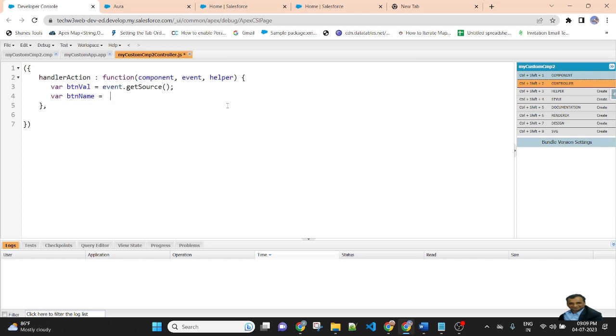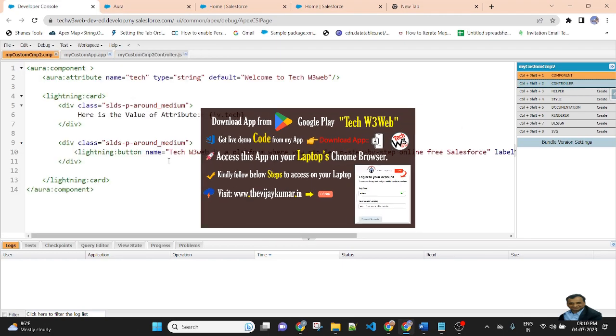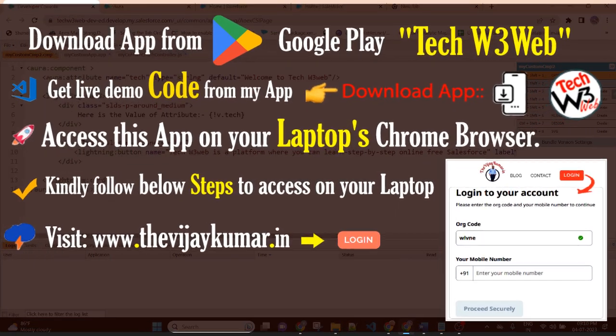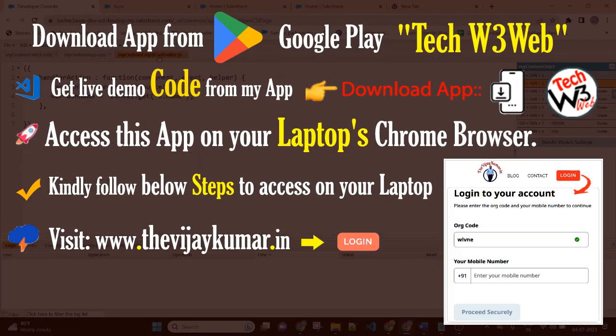So it will return the button name. I am using this variable dot get, v dot name. It will return the name value from the lightning button. Then I will set the value. I have set the value attribute, and this is the name of the attribute. By default it is "Welcome to Tech W3 Way".